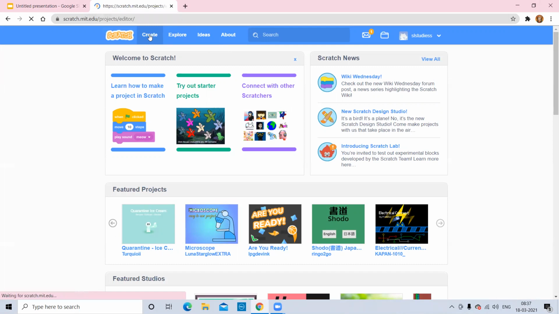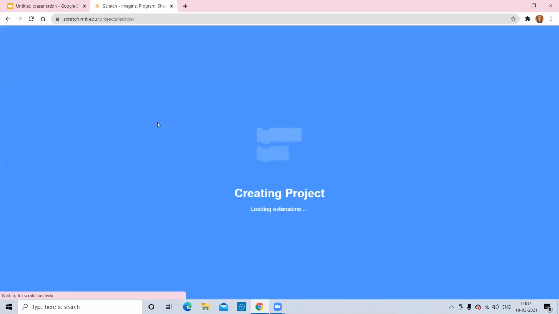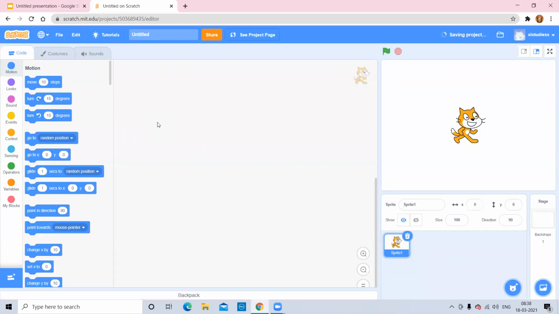Now I'm coming to the Scratch dashboard to give you a clear idea and to explain. In this we'll have many features, like many block codes: motion, looks, sounds, events. These are all the code blocks. And this is the workspace, or the programming area, where we drag and drop to write the program. And this is the output or result area where we can see the result. If you observe, when I click on 15 degrees, the cat is turning its direction. So the result you can see here.